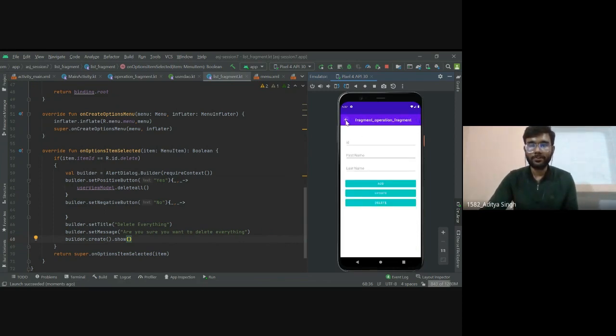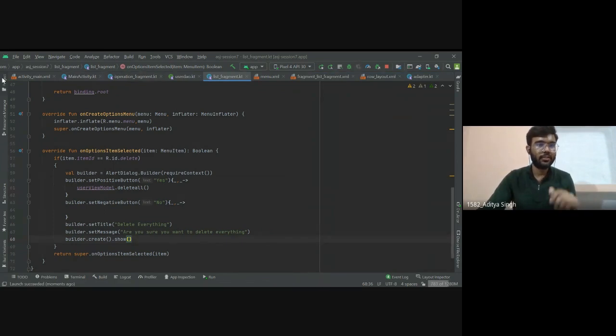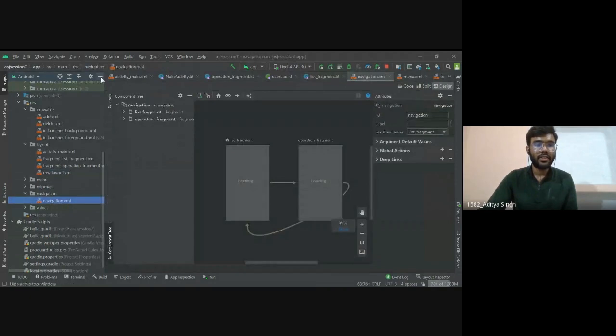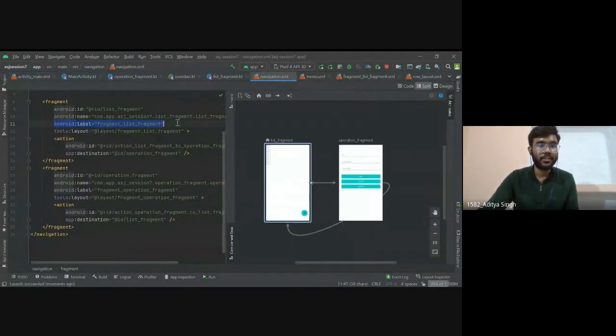Now one more thing I want to do: I want to change this fragment's name to simply List. For that we can go to our navigation resource file, it is here, and just change the label. You will find this android:label here.